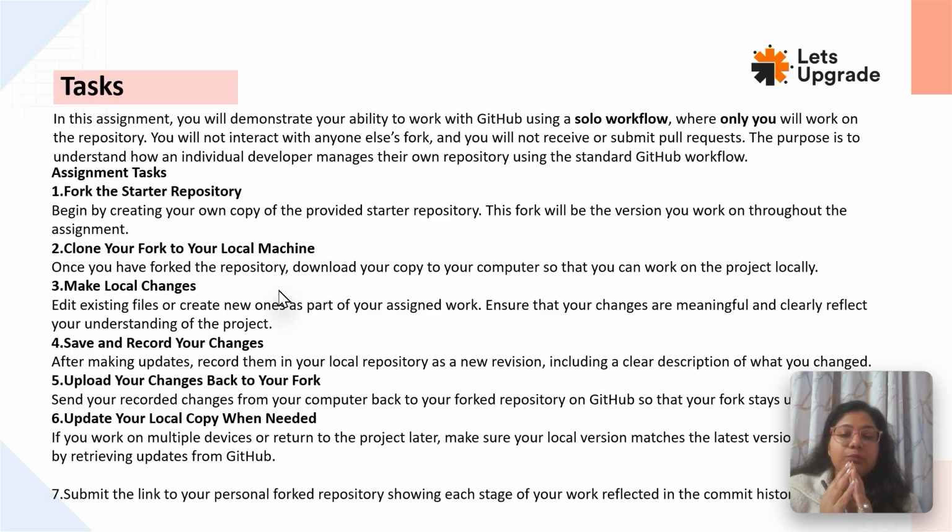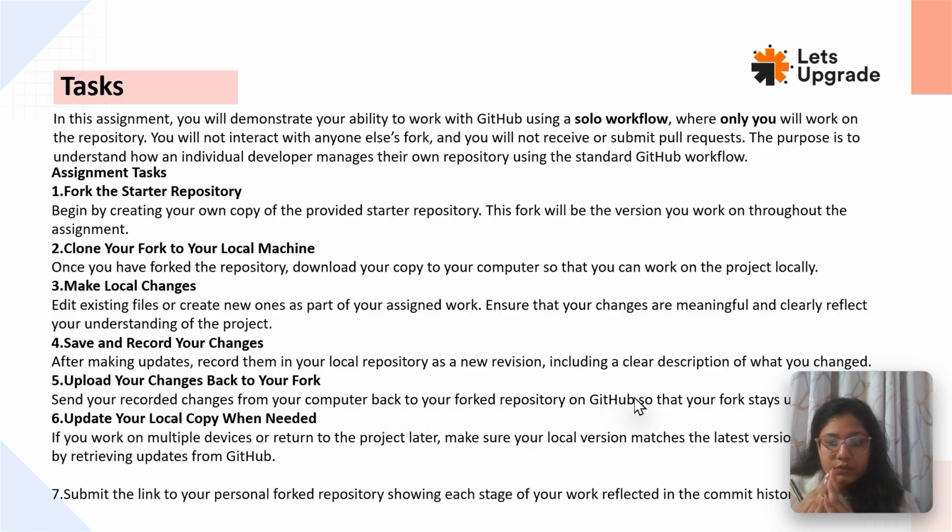While pushing, you have to create new branches. Let's say you have created a clone of the main branch, so you have the main branch locally. When you make changes locally in your system, you have to create a new branch, make the changes in it, and then push the code. So you created a GitHub repository with main, forked it, cloned it, got the main branch, and then created a new branch locally, made some changes, and pushed. You will have two branches in your GitHub now: one is main and the other is the new one you created. Whatever changes you have made will be pushed to the forked one.